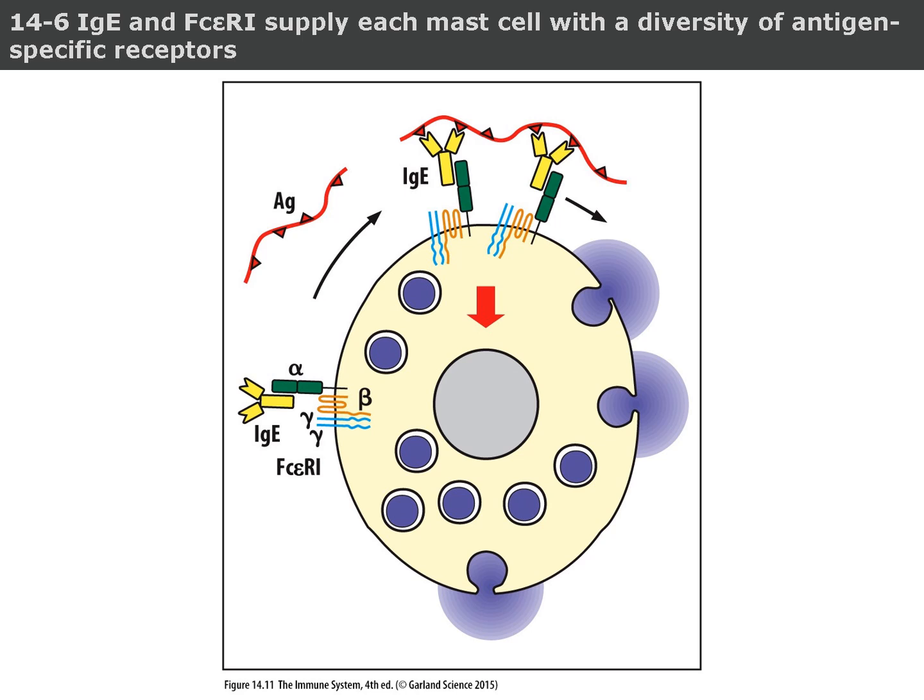This figure illustrates how mast cells are armed with a wide diversity of antigen-specific receptors through the binding of immunoglobulin E to high-affinity immunoglobulin E receptors. Each immunoglobulin E molecule recognizes a different antigen. These immunoglobulin E molecules are bound to the high-affinity receptor for immunoglobulin E, which is composed of alpha, beta, and 2 gamma chains. When an antigen binds to 2 adjacent immunoglobulin E molecules on the mast cell surface, it triggers